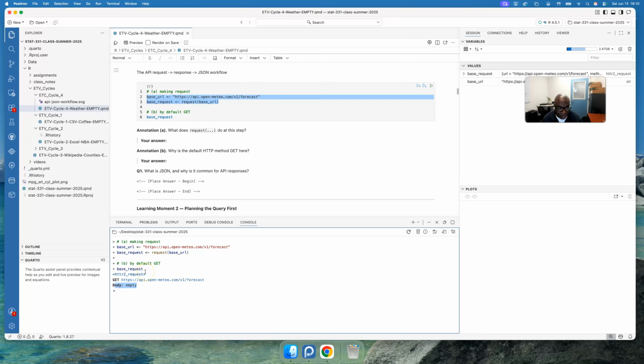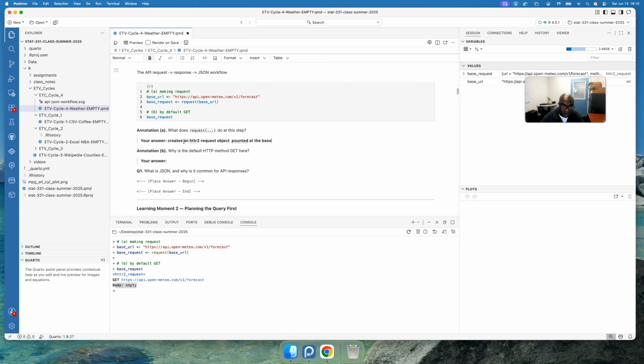Okay, so we're setting up the preliminary information for us to make our first request. And I'm intentionally doing this so that we don't get overwhelmed. So this is just the beginning elements of our requests from the weather website. Okay, so let's answer some of these questions because they're important. So when it comes to what does request do at this step? What request does, it creates an HTTP request object pointed at the base URL,